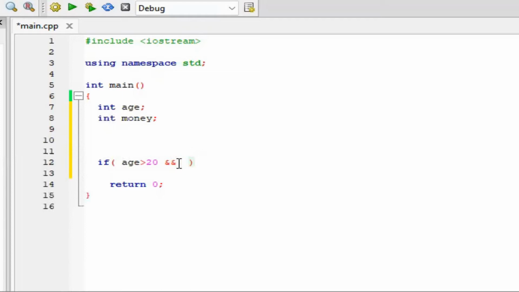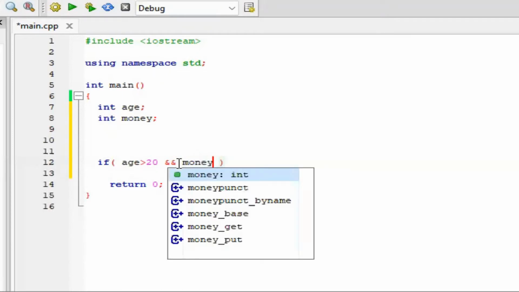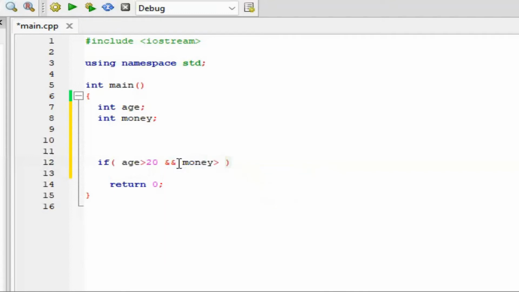So obviously, for you to be able to book a hotel, you have to be above the age of 20. And then you have to have an amount of money, let's say 500. Booking one night is 500. So the amount has to be greater than or equal to 500, the amount of money that you have that will allow you to book. Then if you do meet these two conditions,